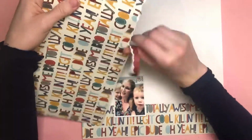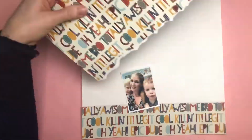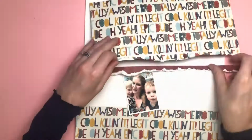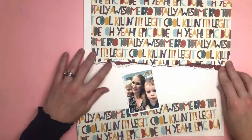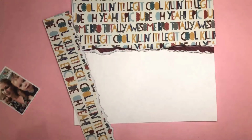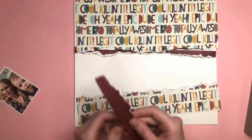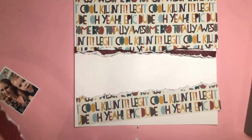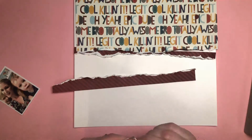of the words on this paper here. It's got lots of things written on it in this really cool font. I really love the font. It's a great fun boyish font. It's got dude, legit, cool, killing it, yeah, totally awesome, bro, all of those kind of words which are real boy words. So I wanted to showcase as much of that paper onto my layout as possible, but I needed